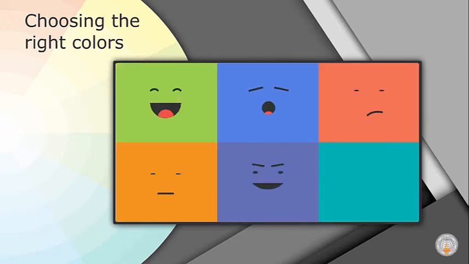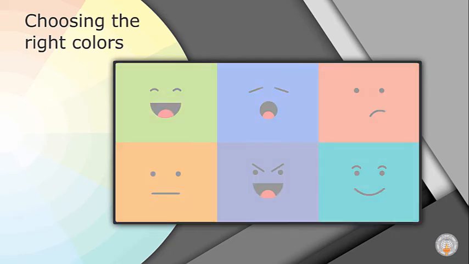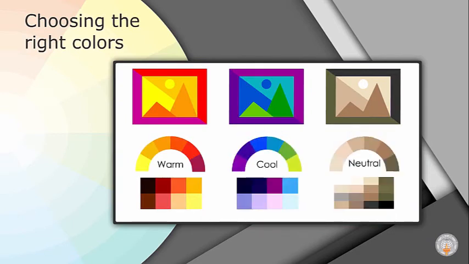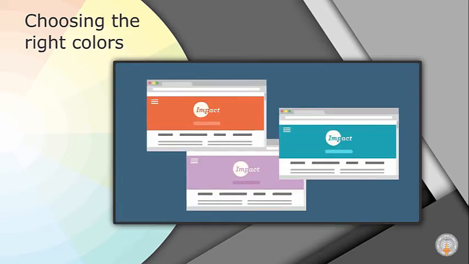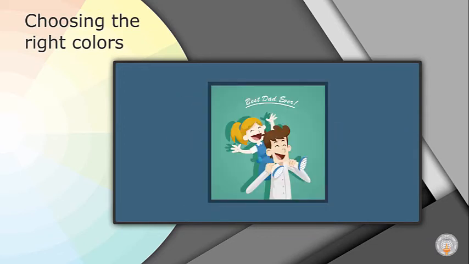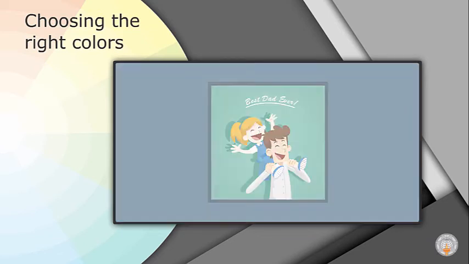Colors, when used effectively, trigger emotions and change the mood or meaning of the design. The colors are divided into groups like warm, cool, and neutral. So, depending on your design, you can choose one of these groups. Usually, neutral colors are used in backgrounds and warm or cool colors for the elements in a design.